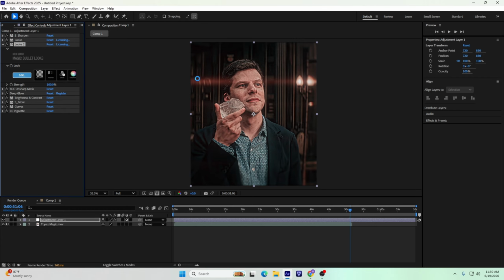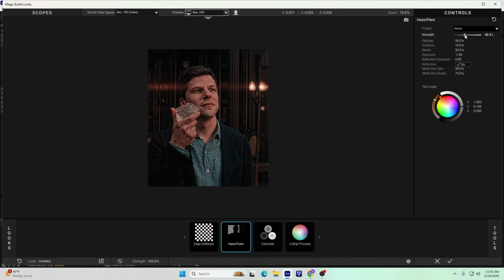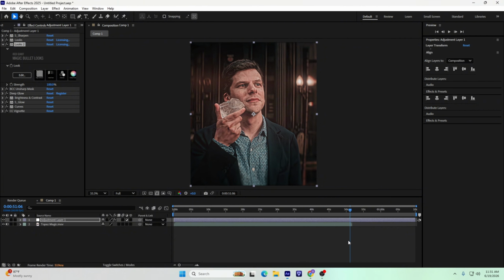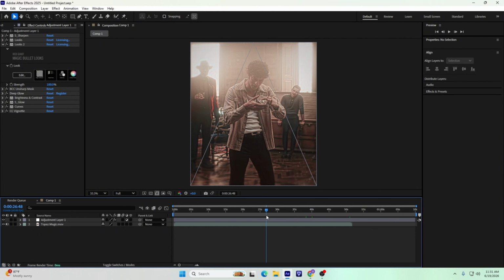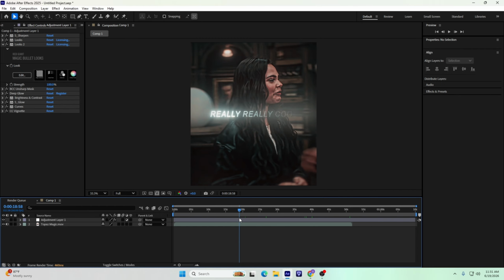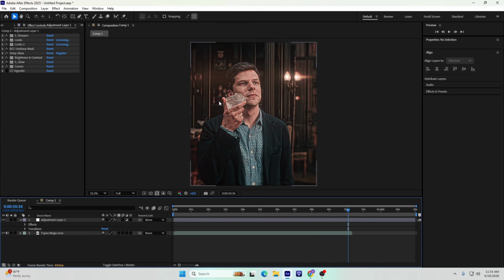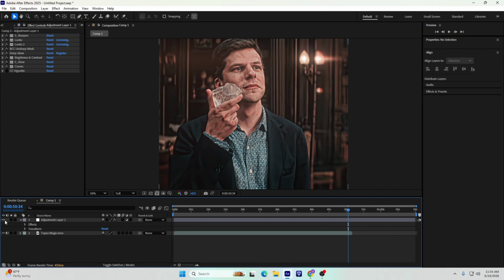Adjust the haze glare effect. As you can see, it does not look nice. Put the softness amount up to 100% of the haze glare effect, and spillage effect up to 90%. Then press OK. And now as you can see, the best color correction is ready. Now as you can see, a huge difference before and after. This is before and this is after.